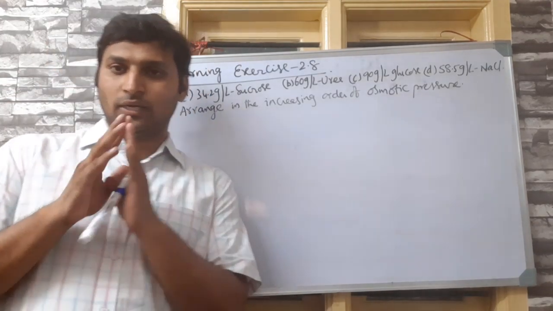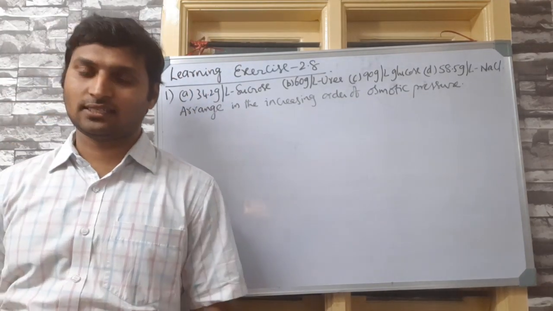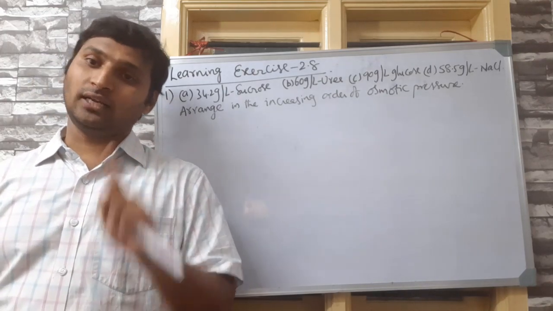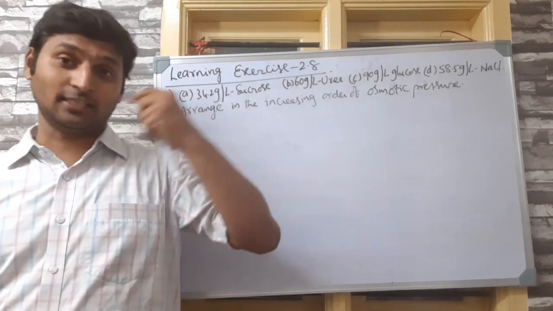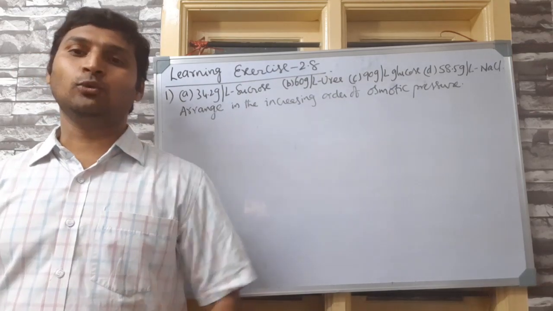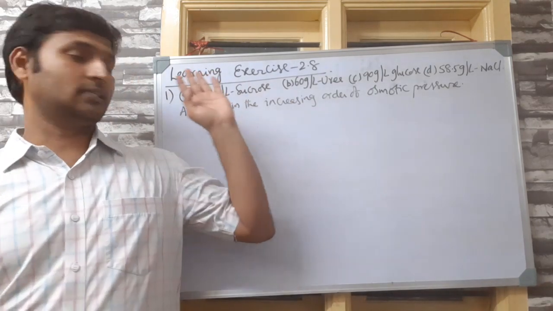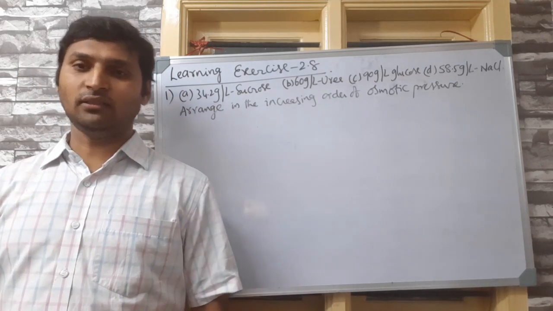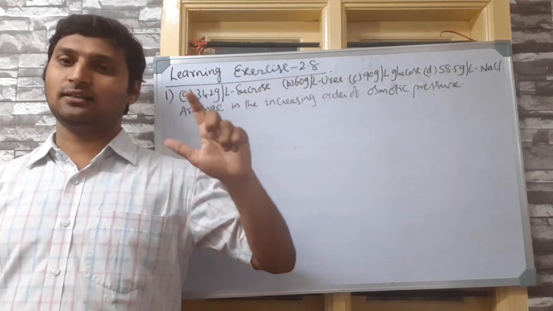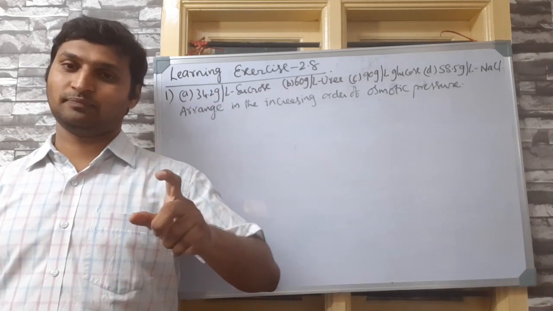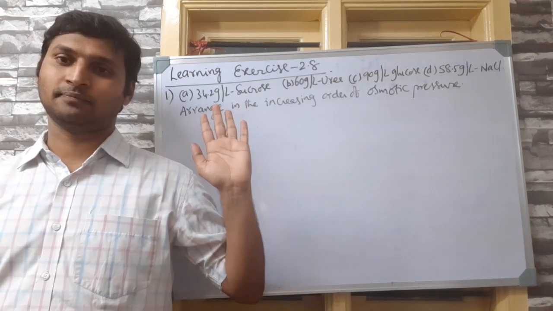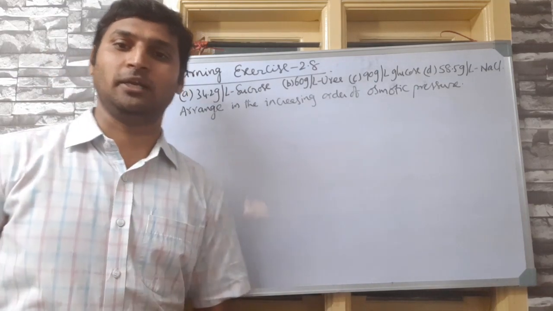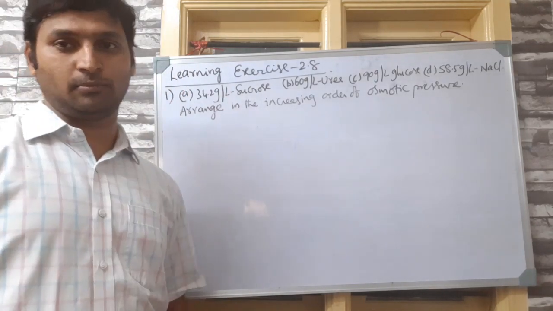Students, there are 2 exercises below Van't Hoff factor in your EPL. One is a theoretical exercise, learning exercise 2.8. The other one is a numerical exercise, entrance corner 2.7. Let us solve one by one. Theoretical exercise, just qualitative questions, very popular in entrances. Numerical exercise tests your numerical ability as well as conceptual ability, by the way, but these are merely conceptual ability.